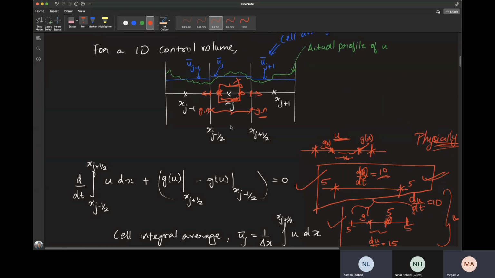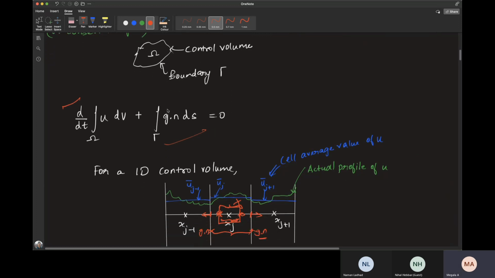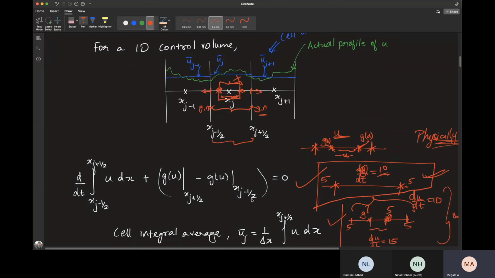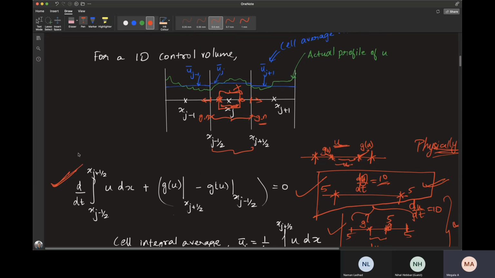Okay. Here, at this point, this is a control volume. You got it, right? You have this conservation law. Any rate of change of u inside this control volume is equal to the flux through that control volume. This is for a big physical domain. But now when you go to a cell, you're in this region. So now this equation defines conservation for the cell. Any rate of change of quantity in this region between xj minus half and xj plus half is equal to the flux through xj plus half and xj minus half. So here we have defined conservation for a cell.